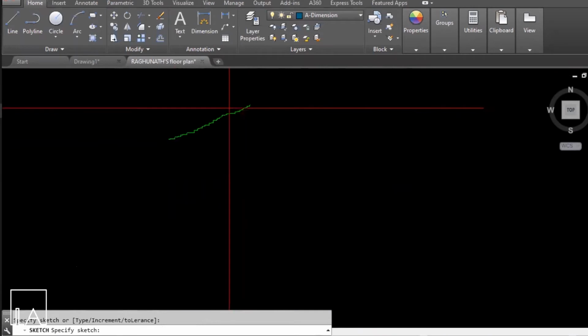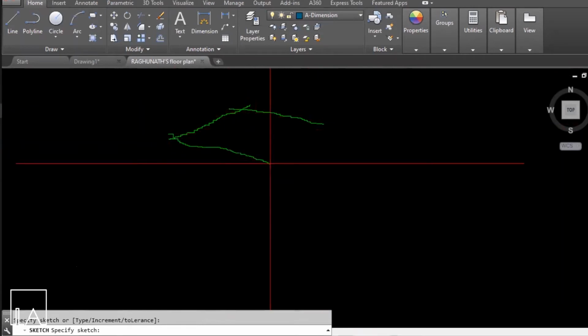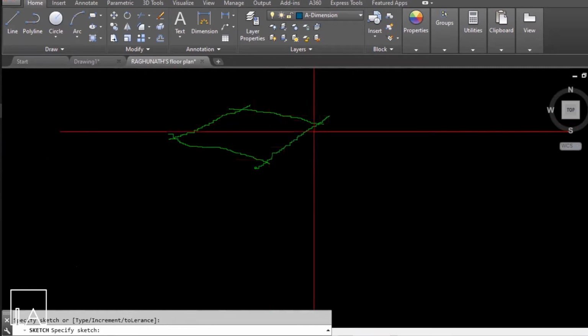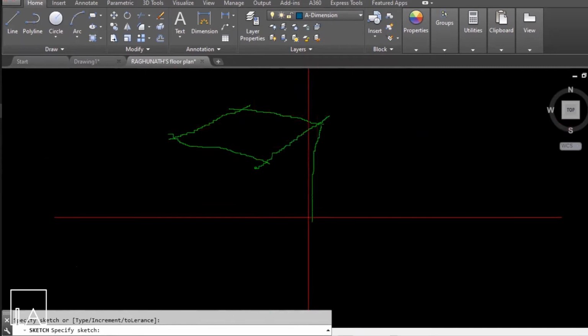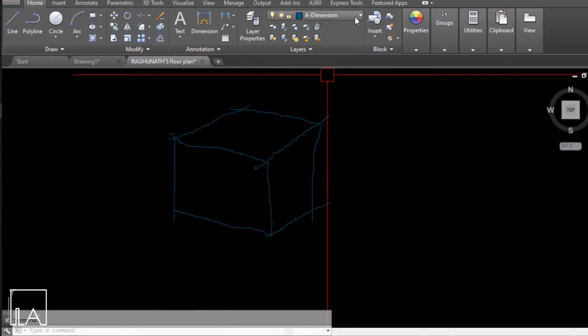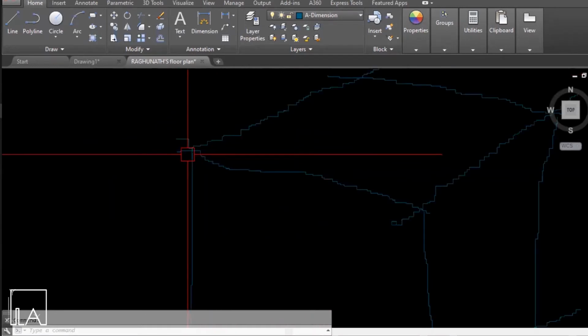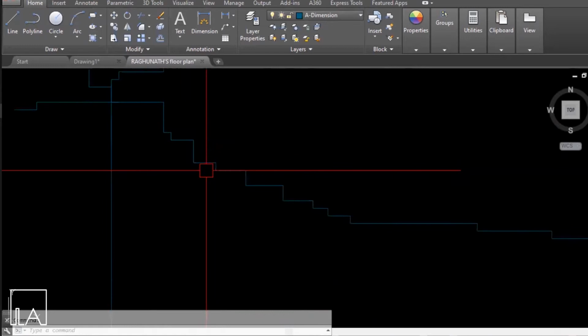And now start the drawing. You just have to click and move your cursor and then place that line over there, and do the same thing and finish the sketch. Once your sketch is done, just give enter and now your sketch will be retained in that particular layer which you've drawn. And now if you just go and zoom into your sketch, sketch is a combination of multiple lines